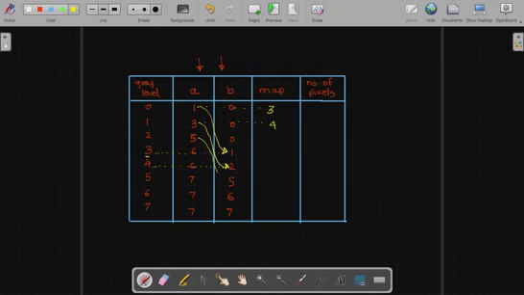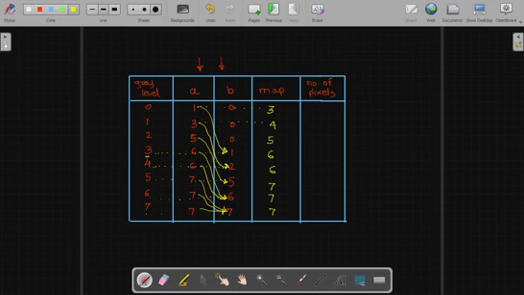Then the nearest value of 5 is 5. What is the gray level? Gray level is 5. For this 6 we are having this 6 value. Again for this 6 also we are having 6 value, and the gray level will be 6 here, and for this 6 again 6 here, and for this 7, this 7 and this 7 we are having gray level 7 from third column, and the original gray level is 7. So 7, 7, 7. So this is nothing but our map.